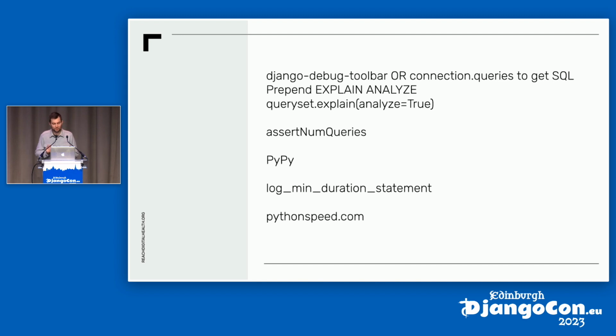But of course, always make sure you're running this on a database that is full of data to get realistic results. If you have the query set, you can just call .explain on it as well, which does the same thing, much easier. Then, as part of the Django testing framework, there's the assertNumQueries assertion. This is really useful. You can put it in your unit tests after you run your view, and it will assert that you only make a certain number of database queries.